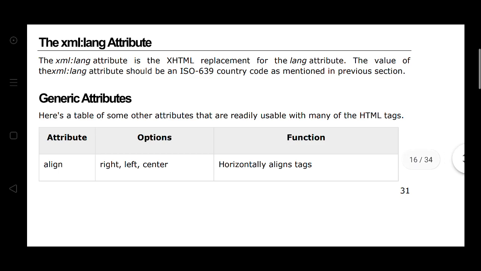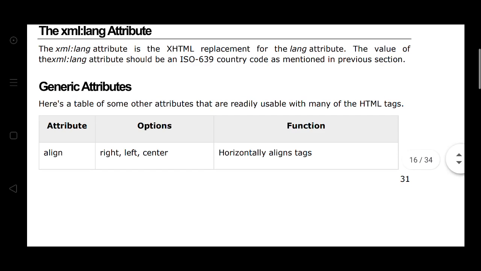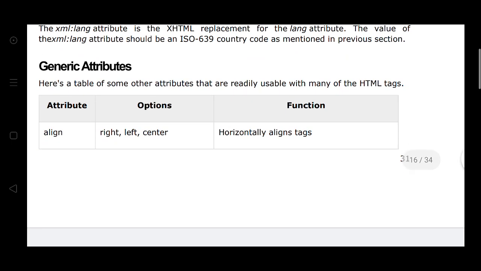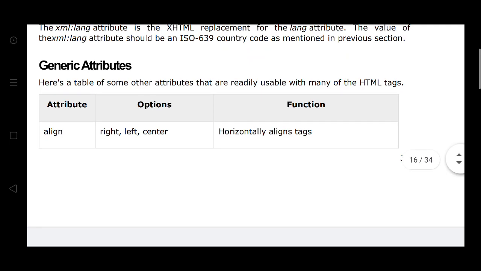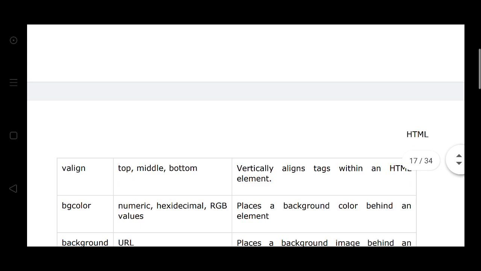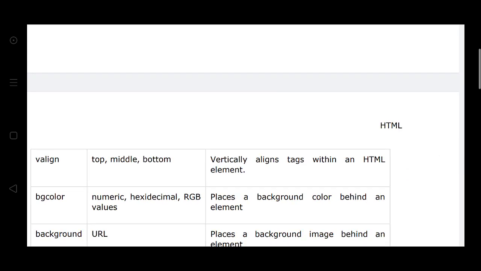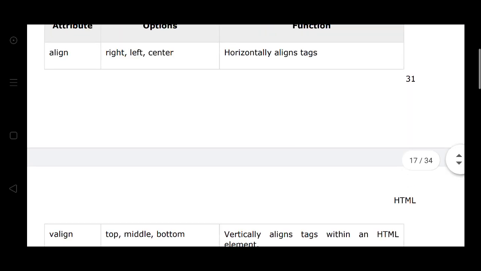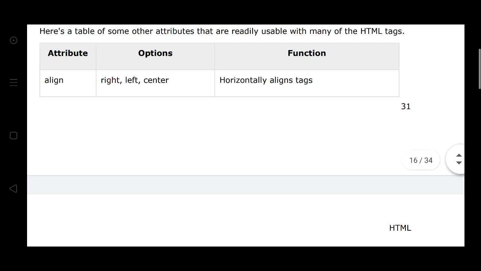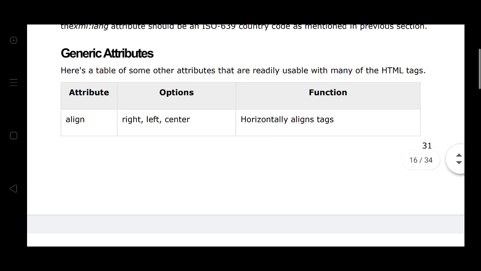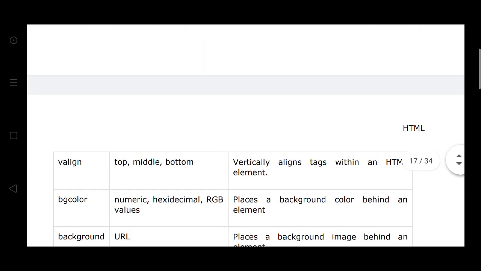Generic attributes. Here is a table of some other attributes that are readily usable with many of the HTML tags. Attribute align: right, left, center, function: horizontal align of tags. Then attribute options and functions are the generic attributes.